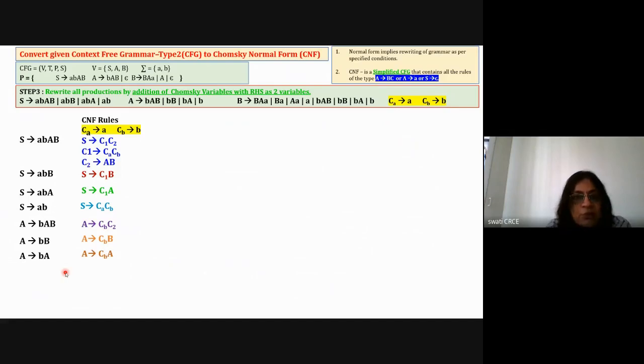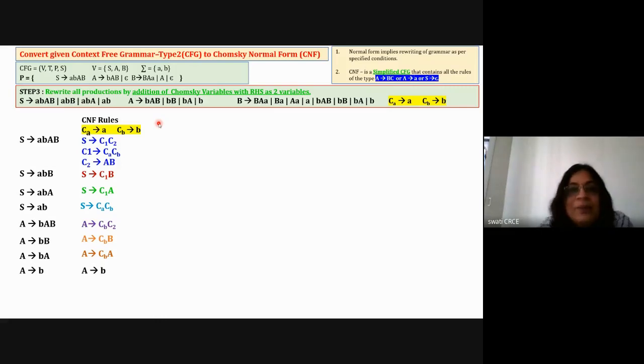Now you take the next rule, A is equal to small b. So what to do about this? This A is equal to small b is already in the CNF format as per the second condition, A is equal to small a. Okay. So as per this, it is already in the Chomsky normal form. So write it directly as it is. So that's why I'm keeping the same color, that it is remaining the same. So I'm keeping the black color for taking the rule as it is in the CNF format. Okay. Now everything is done for capital A.